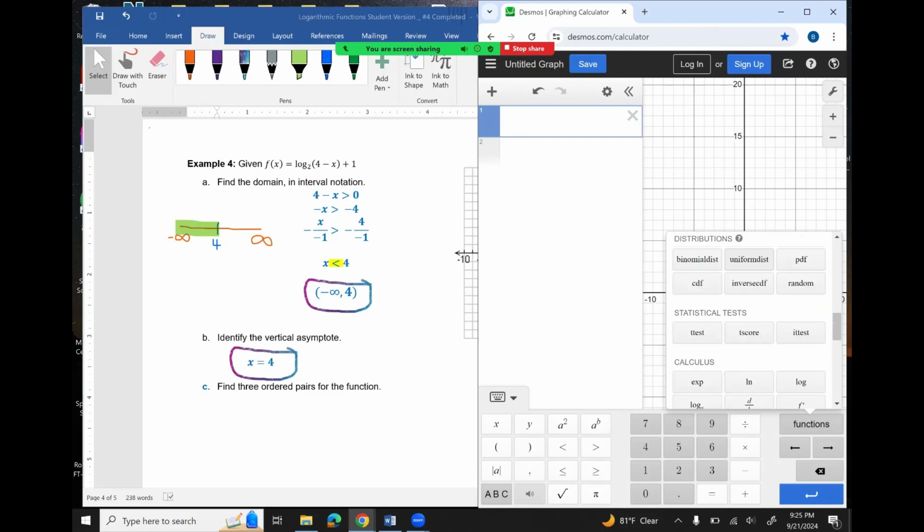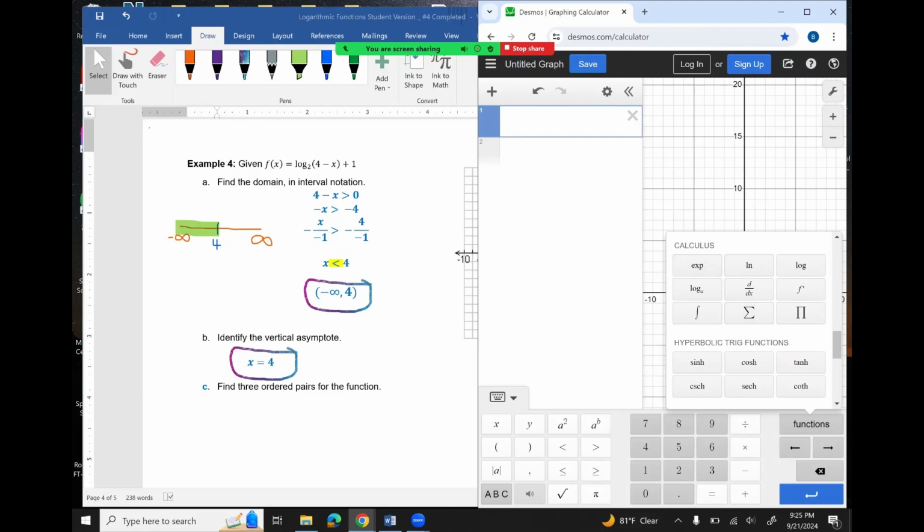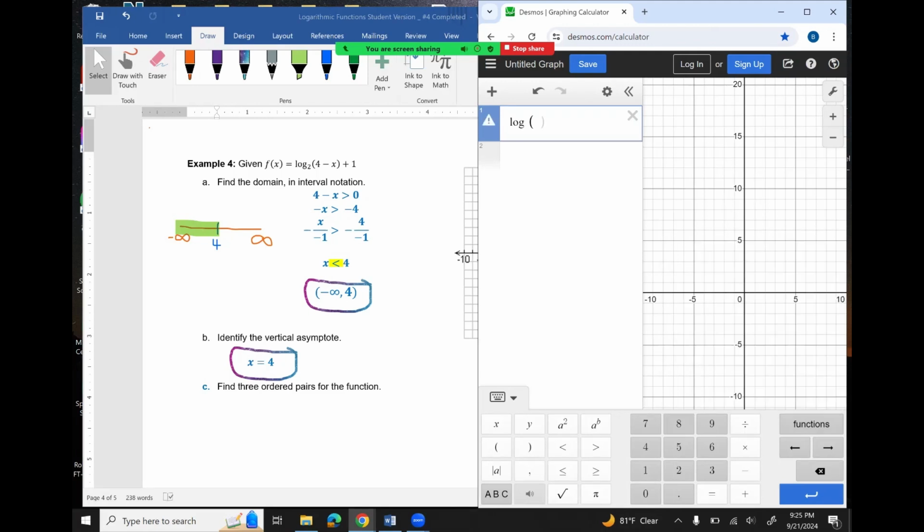Okay, not all of it is icky, but we're going to scroll down to calculus. You're going to look at log base A. We need a 2. Make sure you press over into the parentheses. We're going to do 4 minus x,